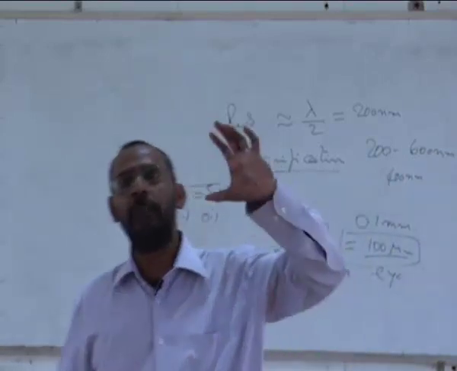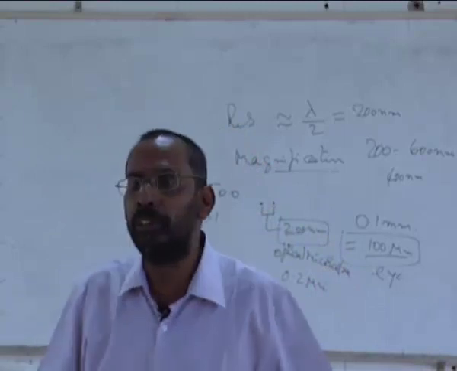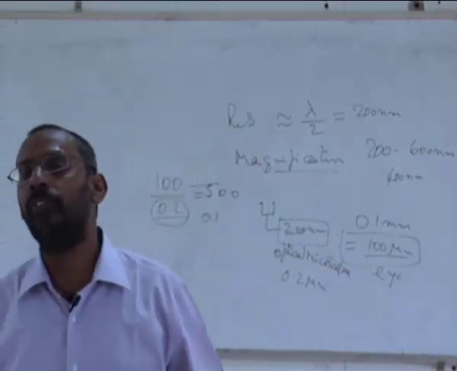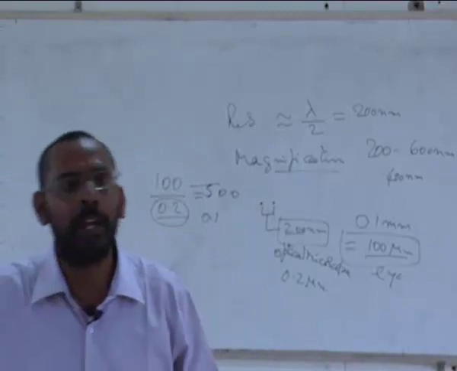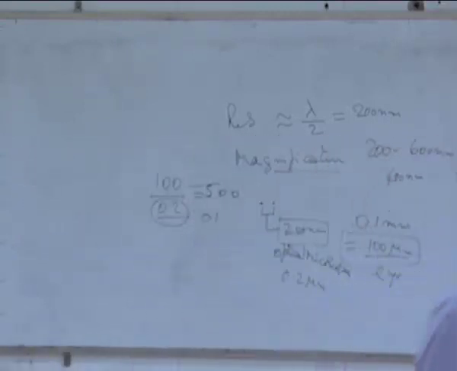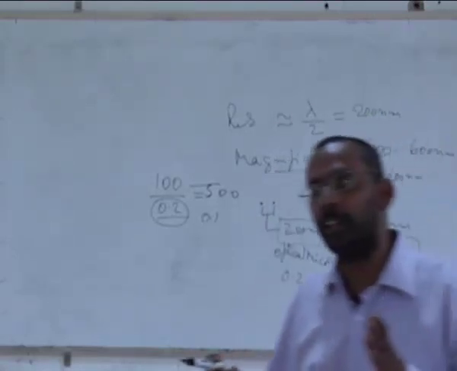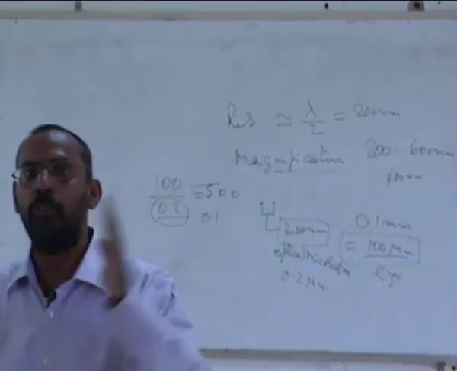If my eye is in a perfect condition, if the optical microscope is in a perfect condition, then the magnification that we need is only 500 magnification. Anything bigger than that is what we usually term empty magnification, because it is not serving any additional purpose in terms of the resolution, but it is only magnifying it. So magnification and resolution are two different things one has to always remember.